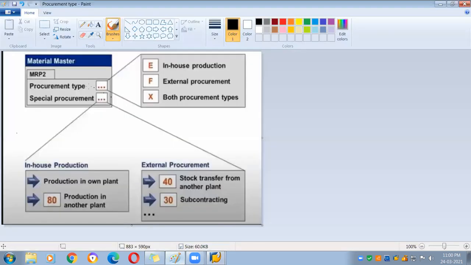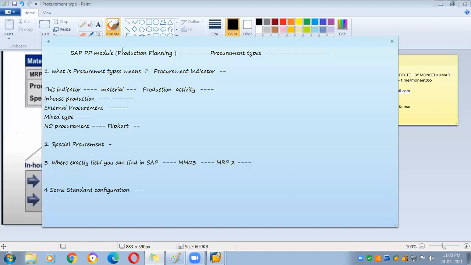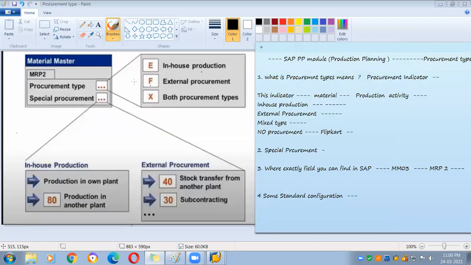What is a special procurement? It is a sub level, you can see. So we have MRP, where in the material master we can see the procurement type. It can be in-house, external, or both.